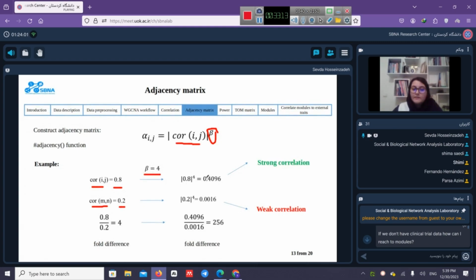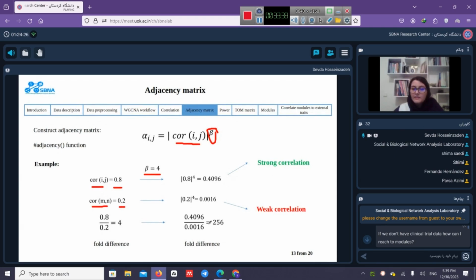The adjacency element is equal to 0.4 and the adjacency element between gene M and gene N is equal to 0.001. Therefore, there is a high fold difference between these two correlations or adjacency elements, and this is equal to